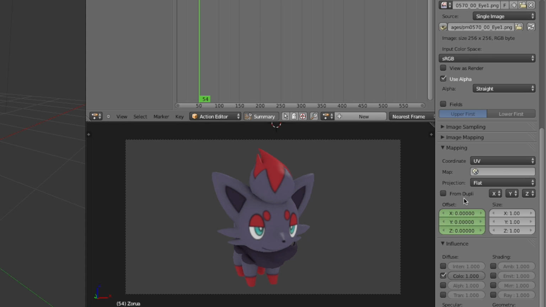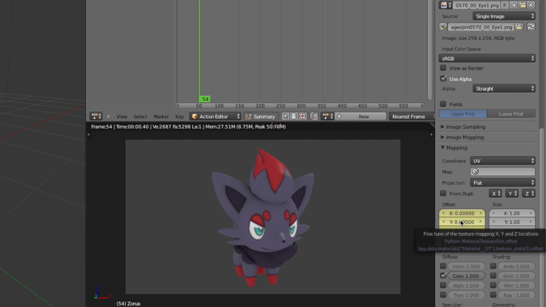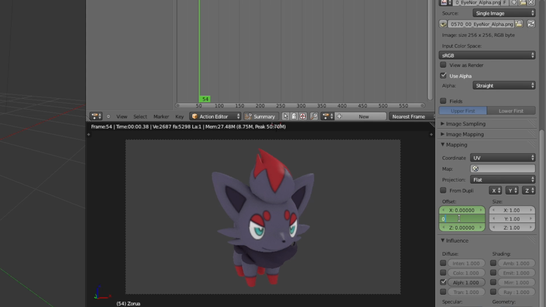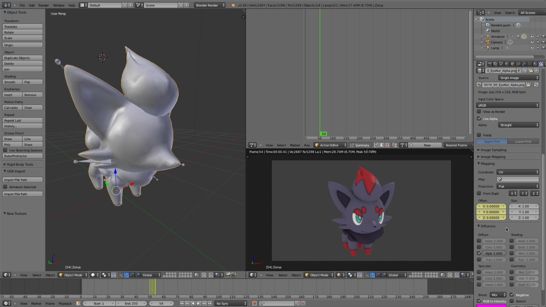So it's the same thing as when you're making another model blink, it's just now you have to deal with two textures instead of one. So yeah, that's basically how you fix this problem. You kind of want your model to have this problem in a way, that way you can make more creative animations. So this was our last subject, but if you guys want me to make more tutorial videos, just let